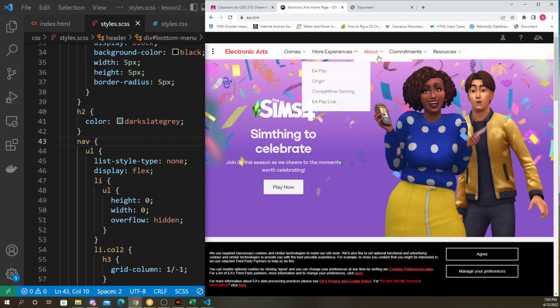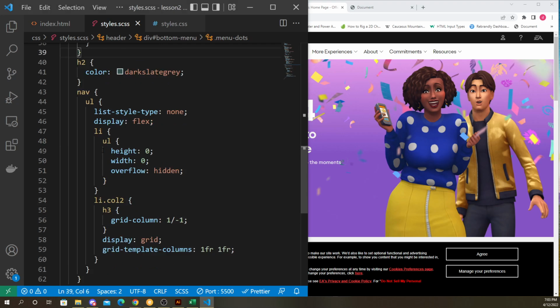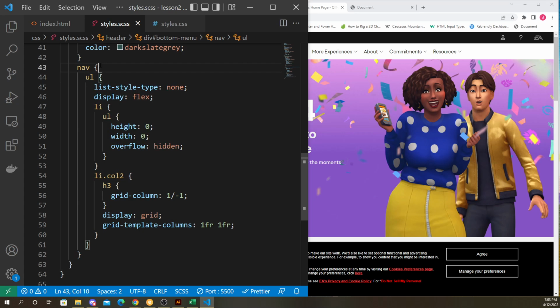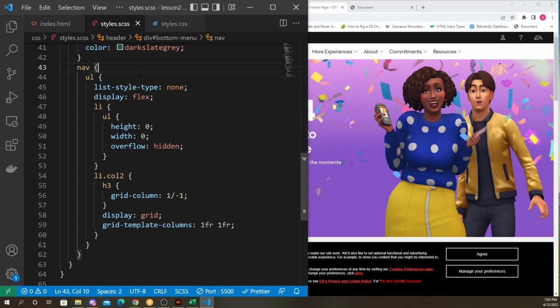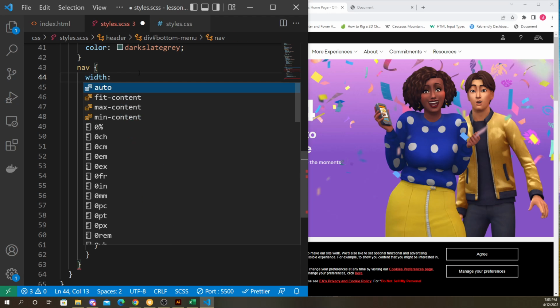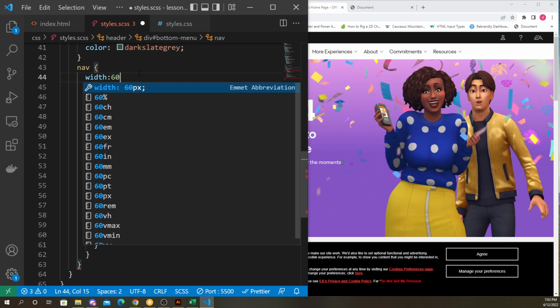So we should give the unordered list, or the nav, I guess, since really the nav is just an unordered list inside, but let's just do it on the nav. We'll say width of like 60%,